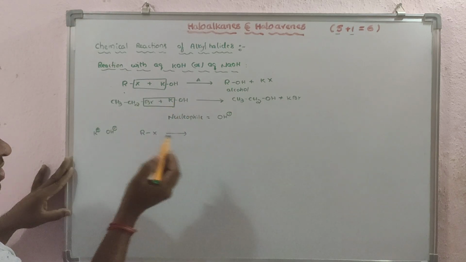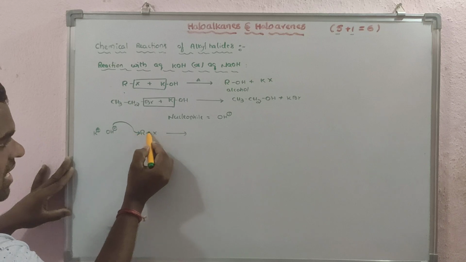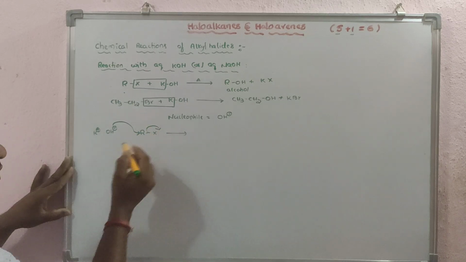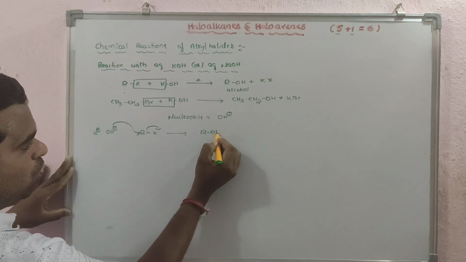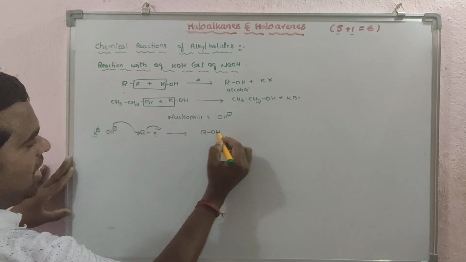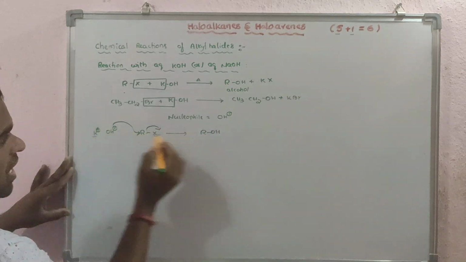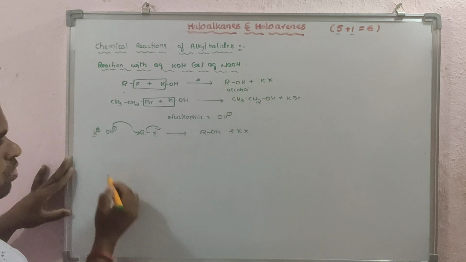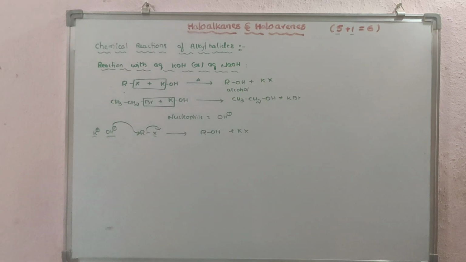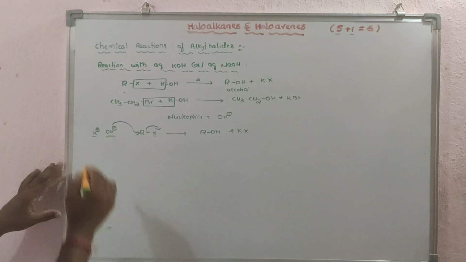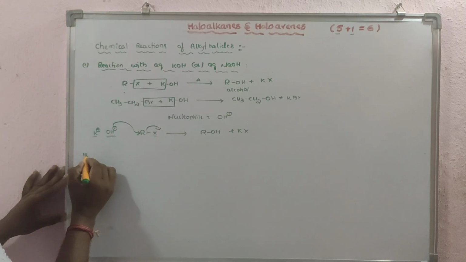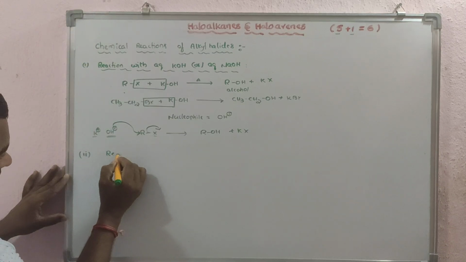You know we have already discussed nucleophilic substitution reaction. OH attacks here, X will be removed. Then what are we getting here? ROH plus X and K. X minus will be removed, so with K plus you will get KX. So what is the nucleophile here? OH minus. Clear? Next one. This is the first one, and the second one is reaction